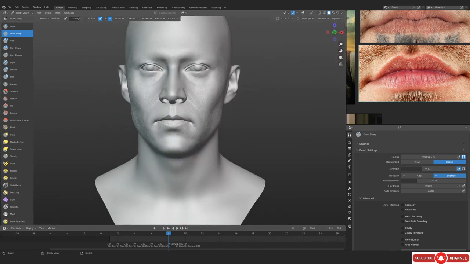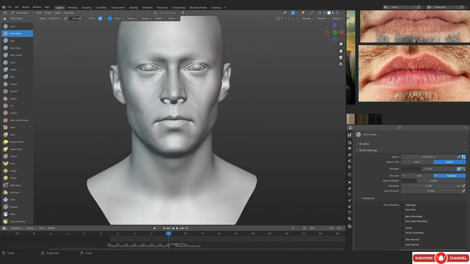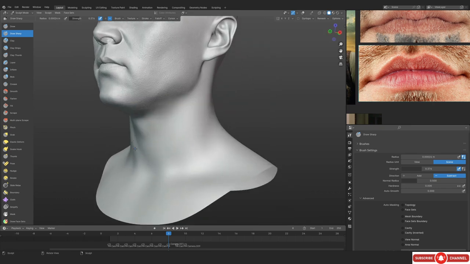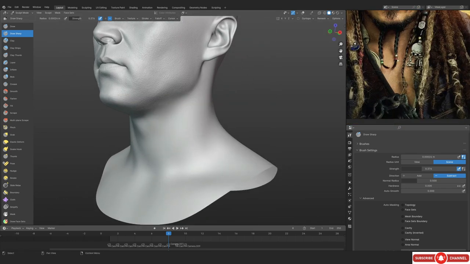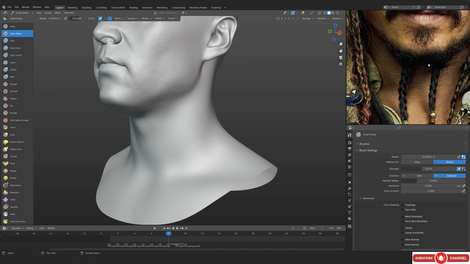So yeah, now let's actually just ignore the lips, and in this video we are gonna be doing the neck. The neck is actually going to be the most different kind of skin, and you're gonna see why.